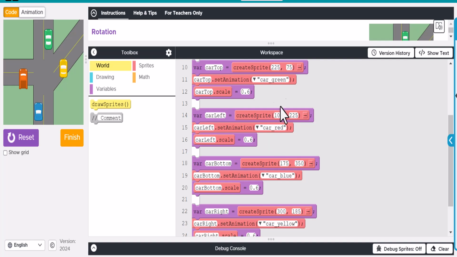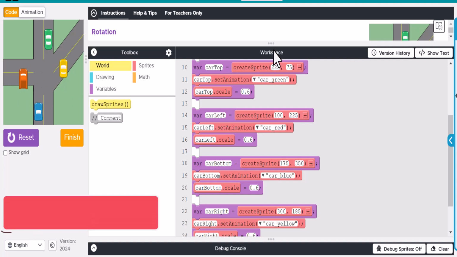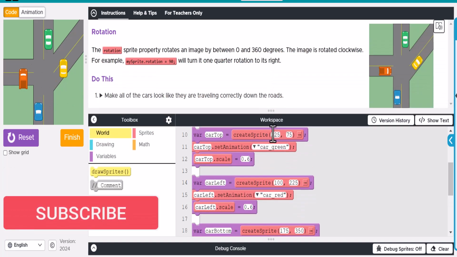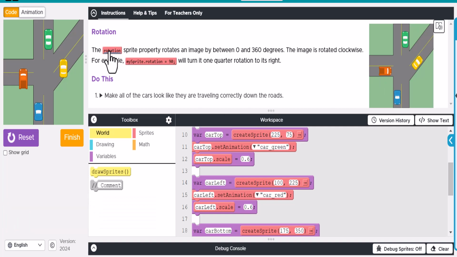Alright, so we're back to code.org here, lesson 9 sprite properties, and we're taking a look at some different practice activities. And in this one, what we need to do is adjust the cars. So this is the way they are currently right now, and this is the way they need to be. And we're going to end up using this new block called rotation, and it rotates the images between 0 and